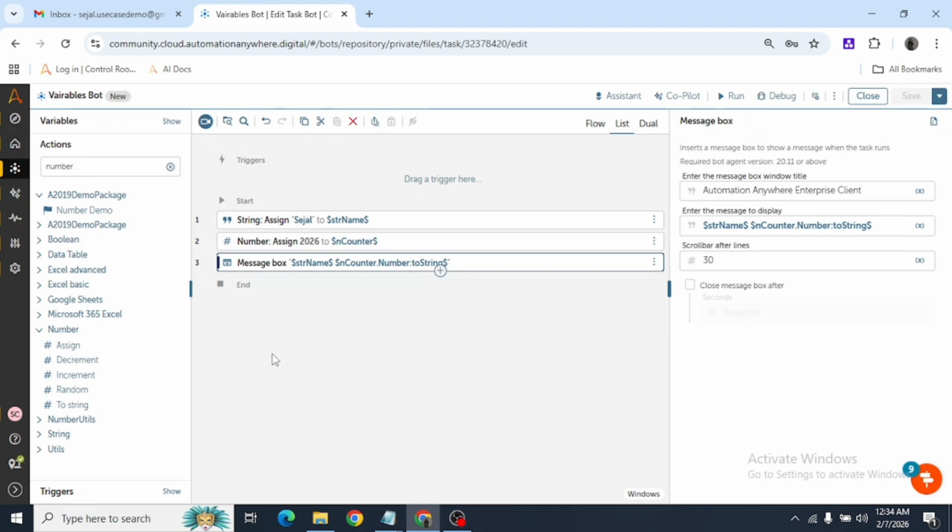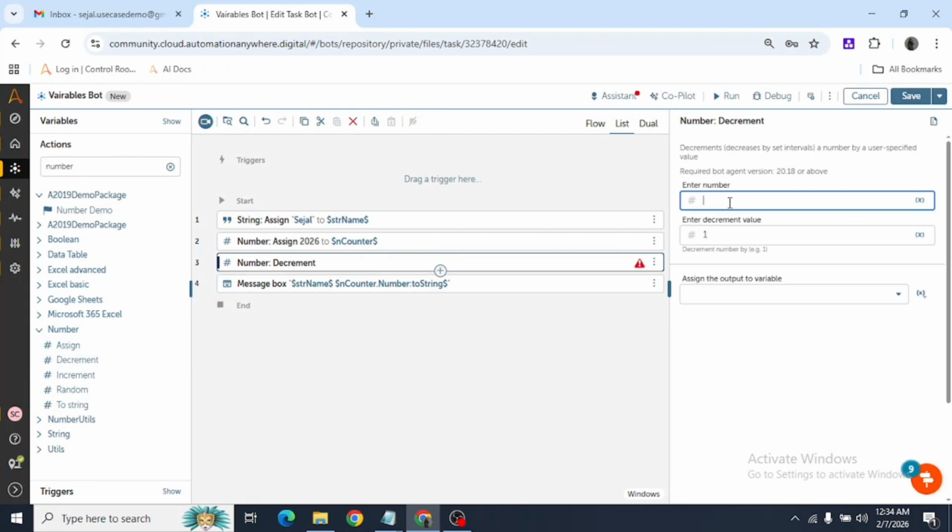Now with the number package also, we have a few options besides the assign that we just saw. We can increase or decrease the number value as well. Let's say I want to check this decrement package, for example. I will drag and drop this over here. Now in this place, I will be giving the source value or the source number on which I want to perform the decrement action. So I will select the counter from here,